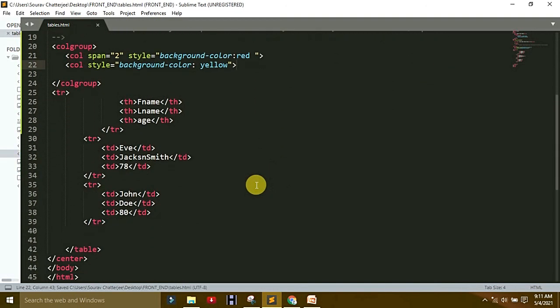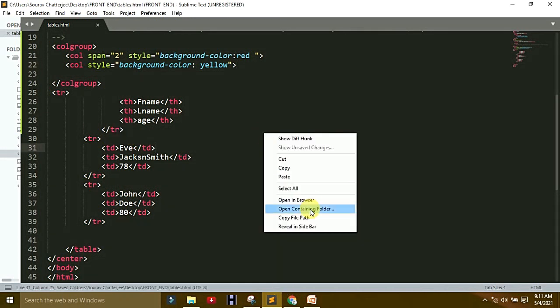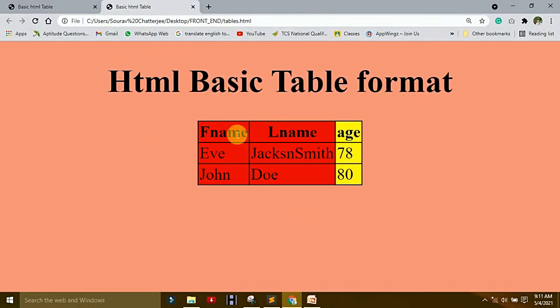Save it, and remove one or the same. Right click here, open in browser, and you see the changes.